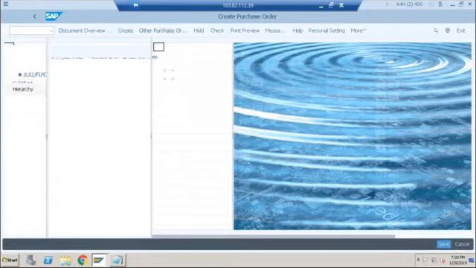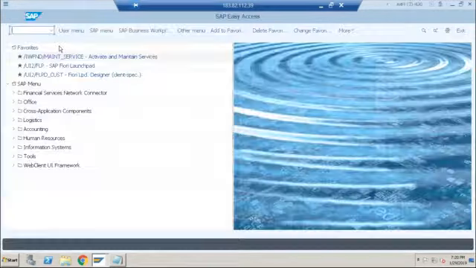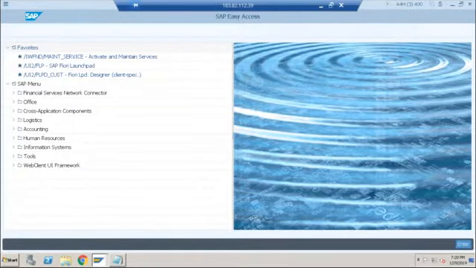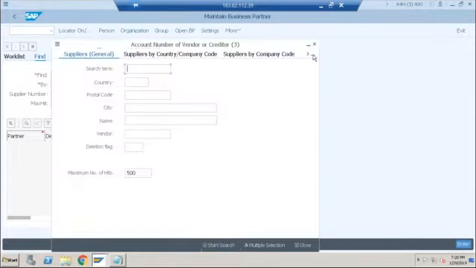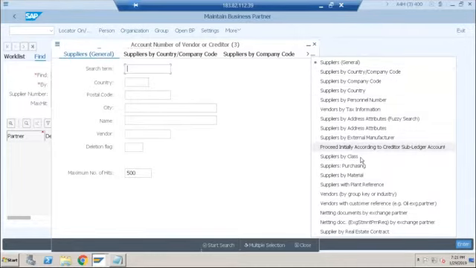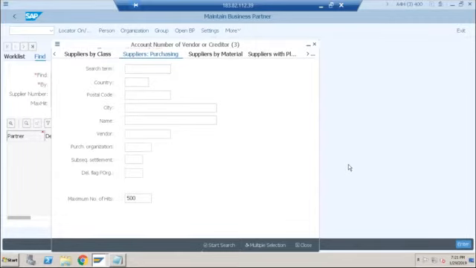So I'll go to the new GUI. I'm going to transaction BP because we created a vendor, but we only created it for company code. We need to create that vendor for purchasing org. So I'll go with the supplier number F4. Have we created any supplier for our purchasing org? I don't think so. Let's see. So for purchasing, is it showing something? Yeah, supplier for purchasing. And if I provide purchasing org SF01, nothing is created because the purchase organization itself I created